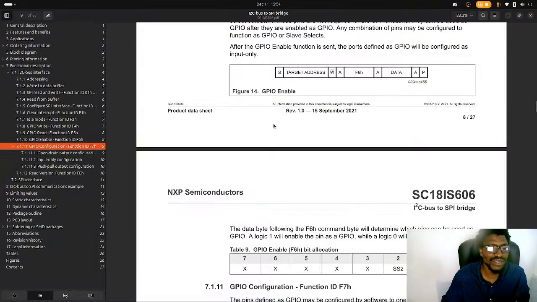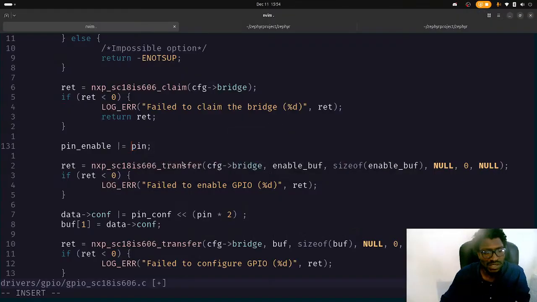That. And then it's gonna be 0. Yeah. So let's do 0, pin. If it's 0, you shift it 0 times, it's there. If it's 2 and you shift it twice,